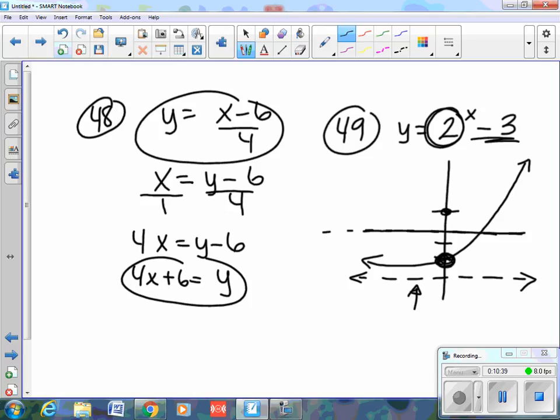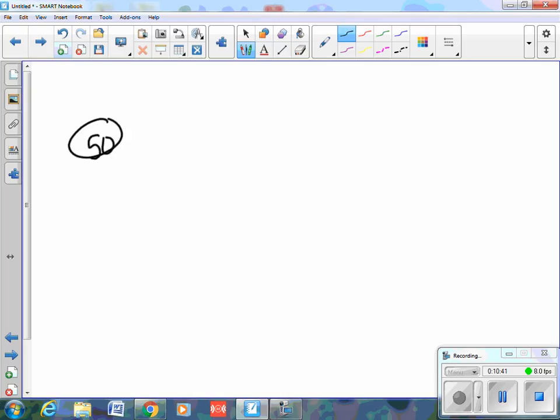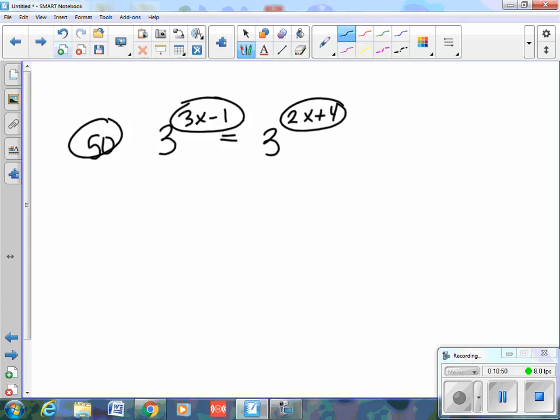Number 50, 3 to the 3x minus 1, change the 9 to 3 to the 2x plus 4. Set these two equal to each other and solve for x. I don't think I need to do that one any farther. 51,